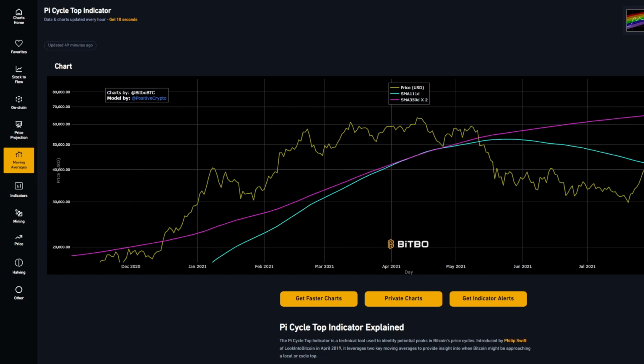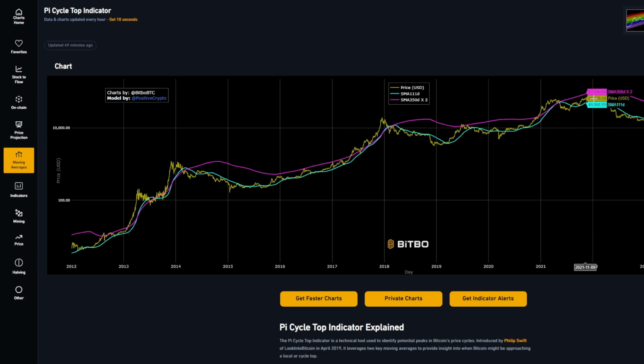I know some people like to say that this was the top here. I mean, fundamentally, from a price level, it was, but a lot of indicators that we use to see tops, a lot of the data kind of shows this as being the top. So that's kind of what I like to go by, just to make it more accurate for our next cycle predictions. And if we look back at the cycle before that,